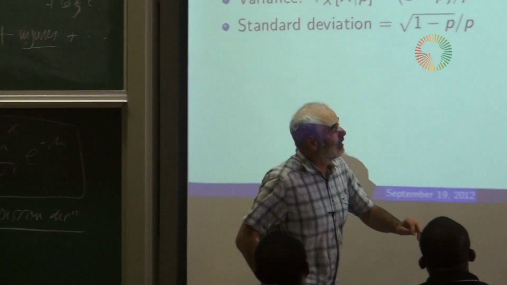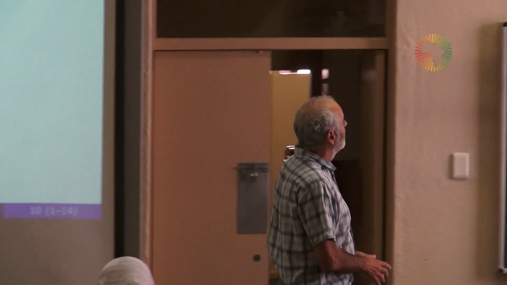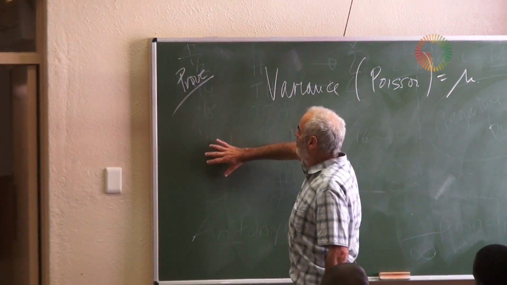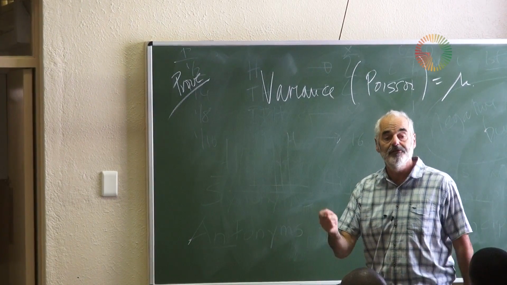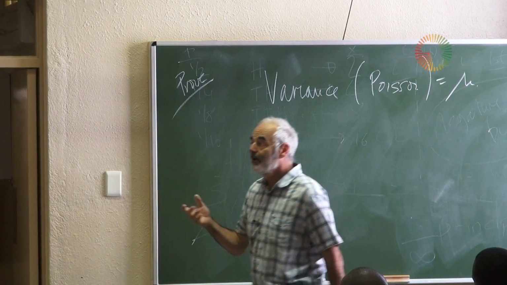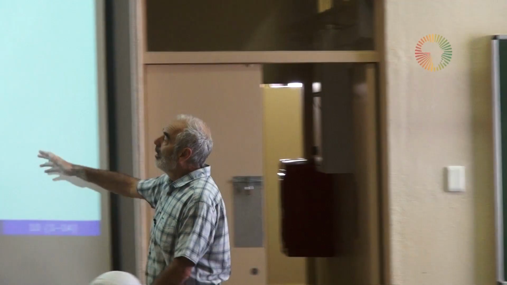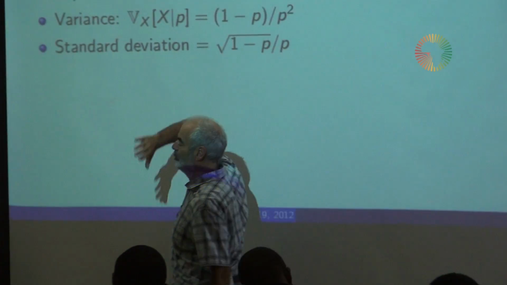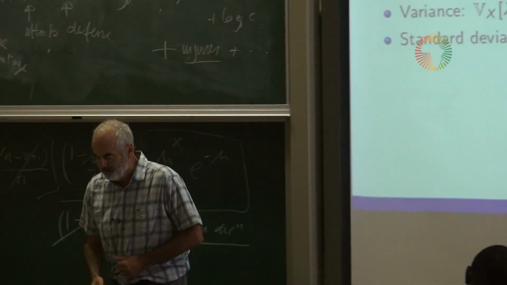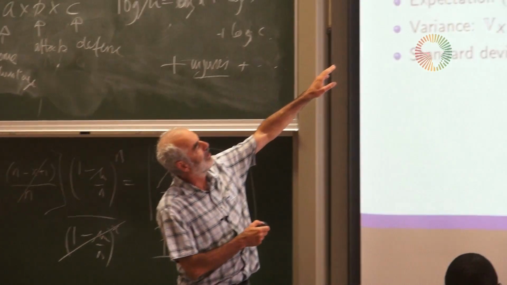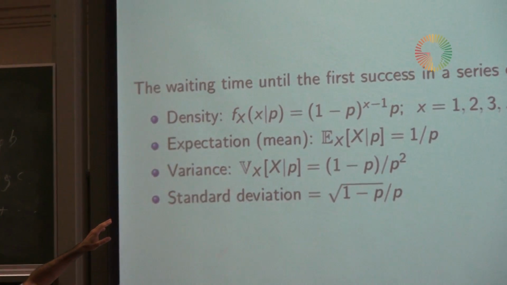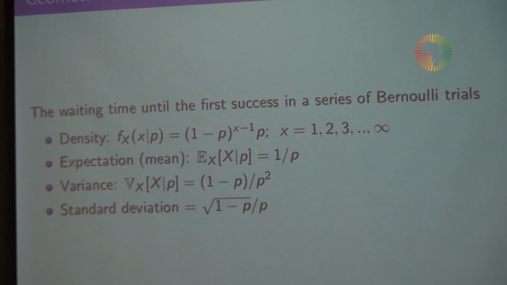This one, I've rubbed it off. What I've just rubbed off, this distribution, was the waiting time till the first head. This is just a special case of what's called a geometric distribution. Beautiful distribution. You can do all sorts of things with this. The geometric distribution is the waiting time until the first success in a series of Bernoulli trials.